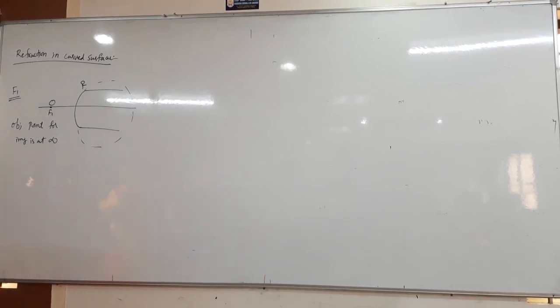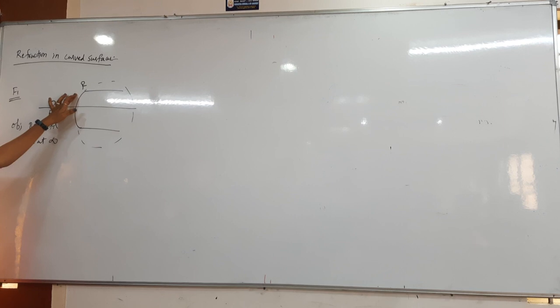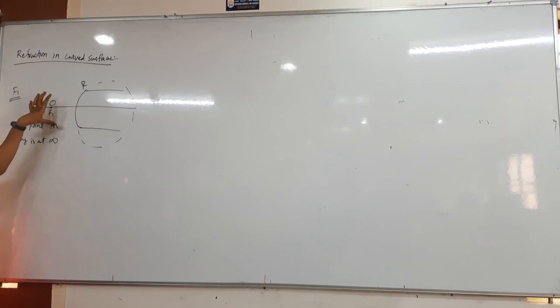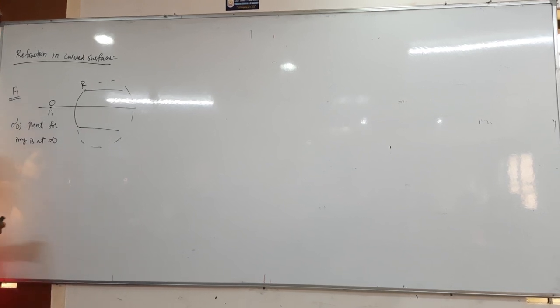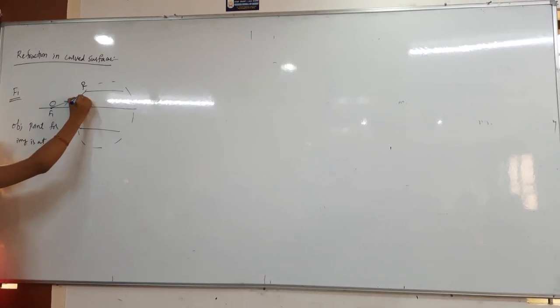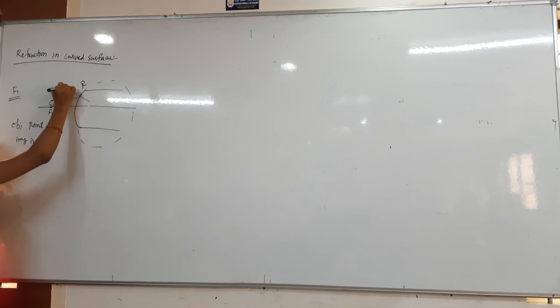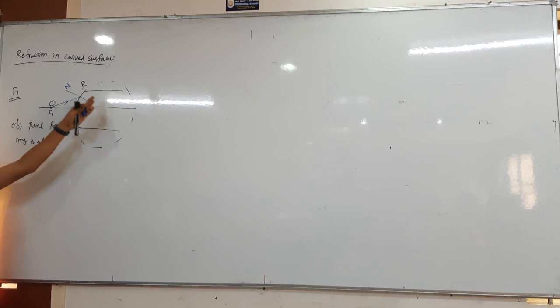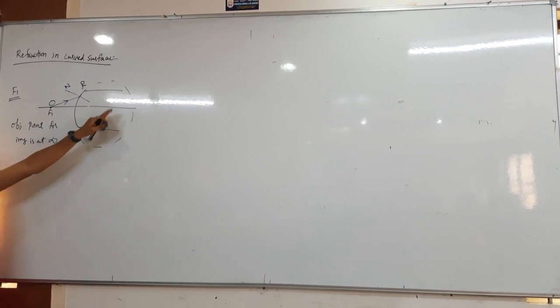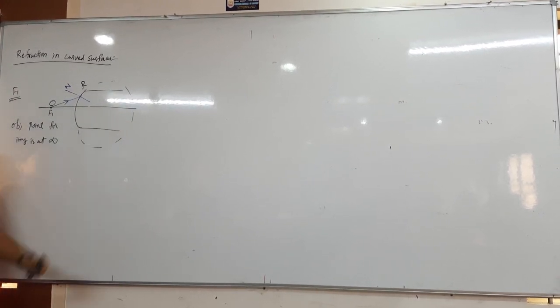So here we are having the curved surface of radius R, and this is the object point. F1 is the object point for which the image will be formed at infinite distance, that is F1, focus 1. Now how the refraction process will happen: the incident ray is falling on the curved surface like that. For this surface a normal is drawn like this. Now the ray is entering from one medium to another medium, obviously air and then glass medium, because the surface is curved.